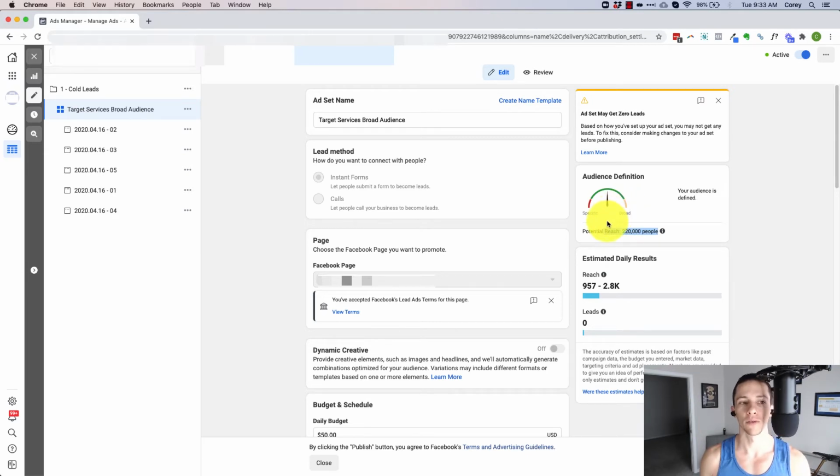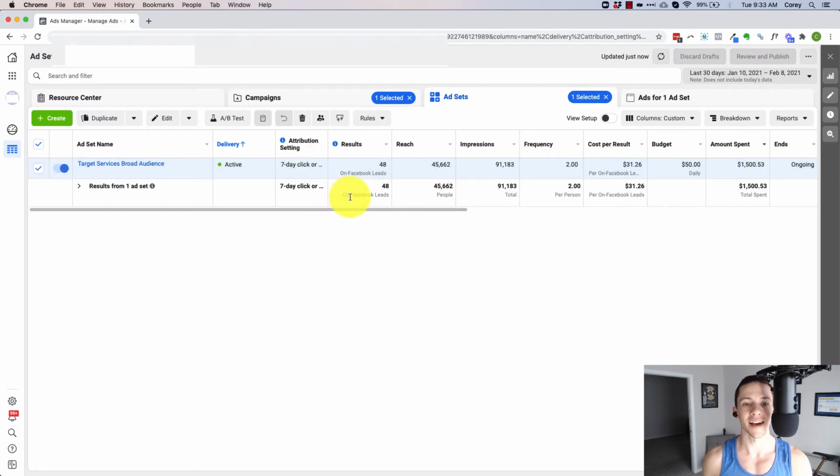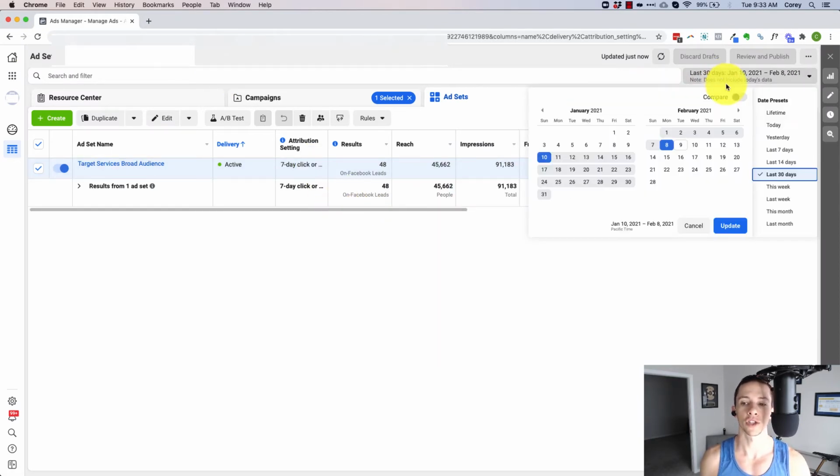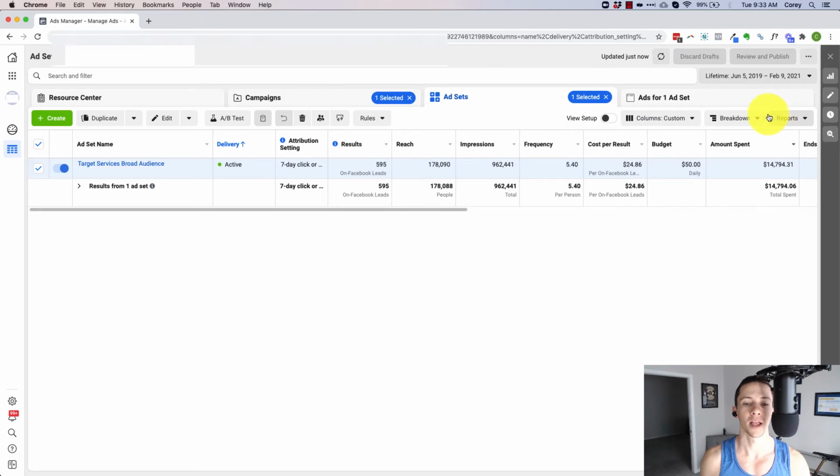A lot of people are running ads to millions and millions of people. I know for some of my other businesses, I run ads to audiences above 10 million people or higher. In fact, in one of my businesses, I will not run an ad set to an audience of less than 10 million people. Anyways, 220,000 people is pretty small, and we have hammered them over the last year with no changes.